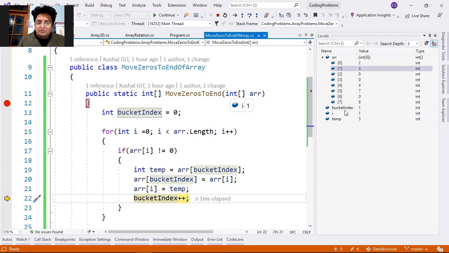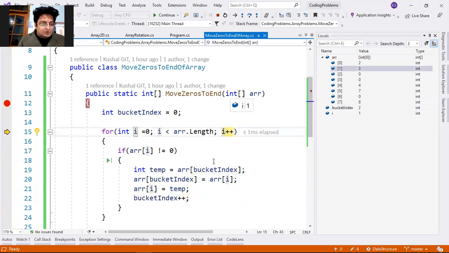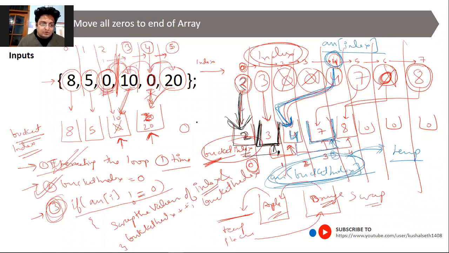As of now it is 1. Once this line 22 runs, it will increase my bucket index to 2. So what we did just now, whatever was there at 3, we put it at the same position, and we said okay, my next bucket index would be 2.